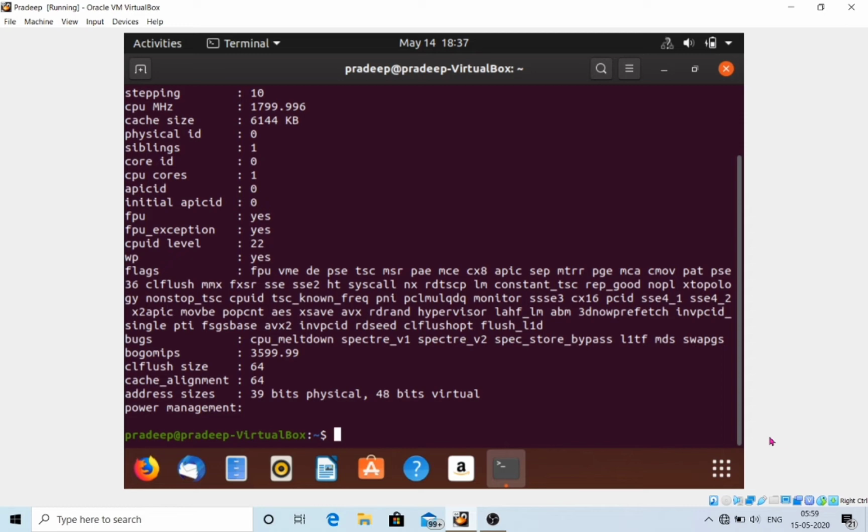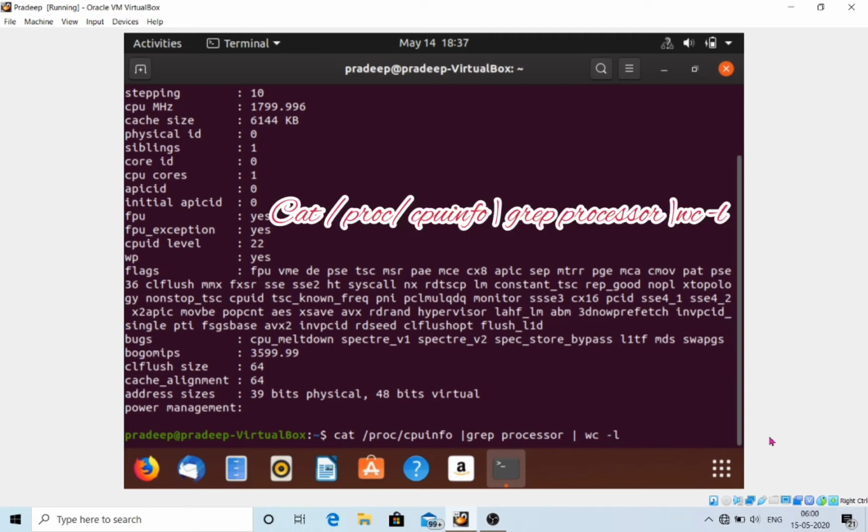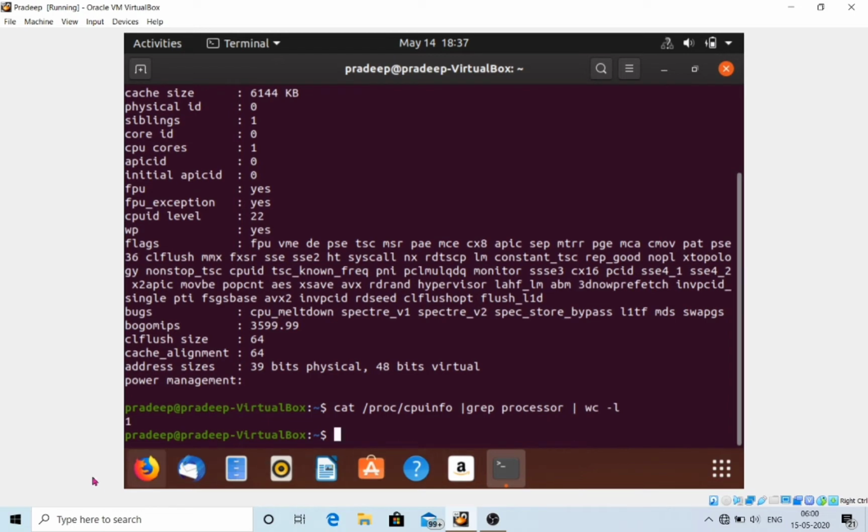So we have to use the command cat /proc/cpuinfo | grep processor | wc -l, and you can see here the number of processing units.